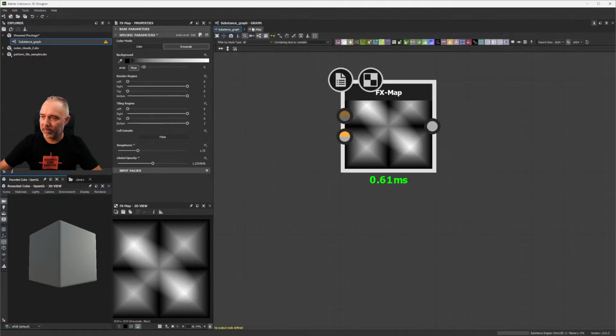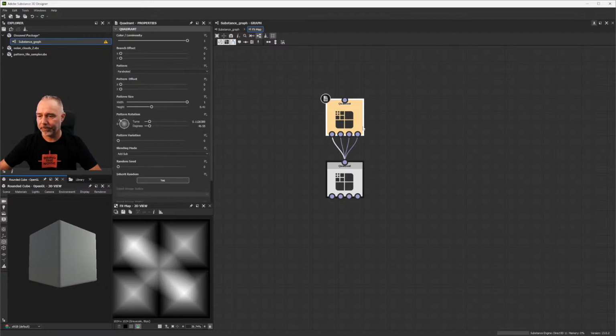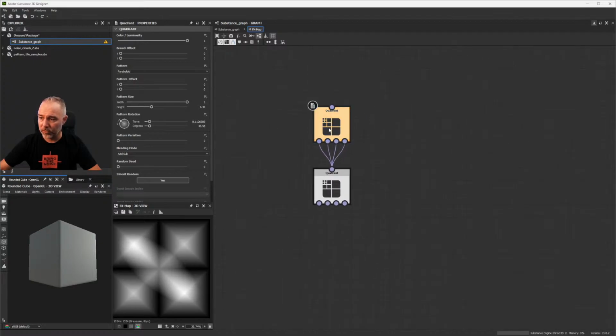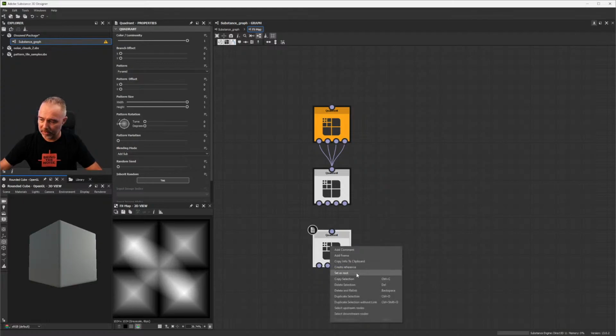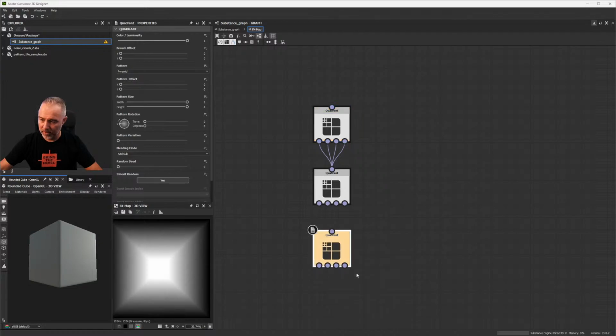So getting back into my quadrant, a thing which is interesting right now, so I did a new node. I can also do Control D. So if I take this shape, for example, or the second one, I do Control D and it will duplicate it. And by the way, if I put that here, I can set as root, like that, and we'll see just this one. If I look at this one, we see,